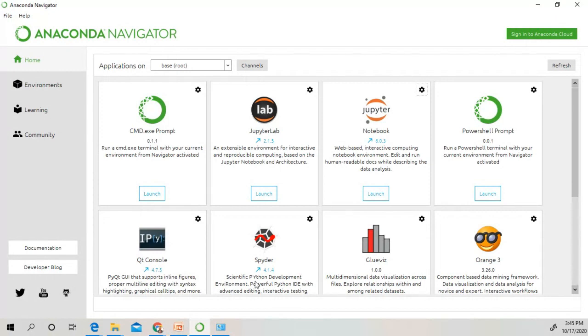So why are we going to use this Anaconda software? Why not a simple editor or a simple Python program? The reason is that Anaconda Navigator is very simple. There is no need to install external libraries. All the libraries are installed in this environment. If you want to install external libraries, then you have a different environment.